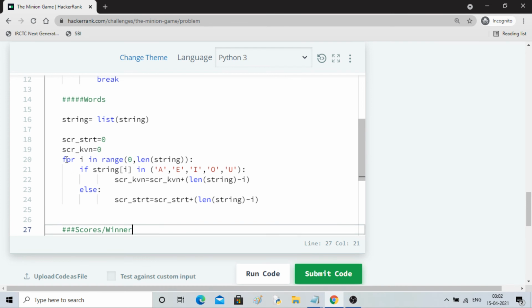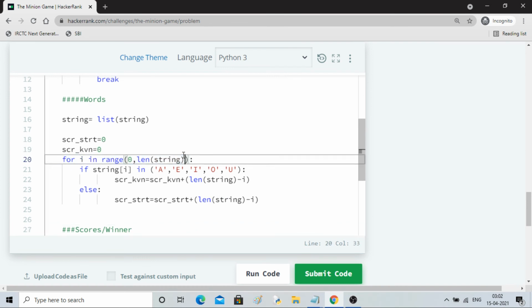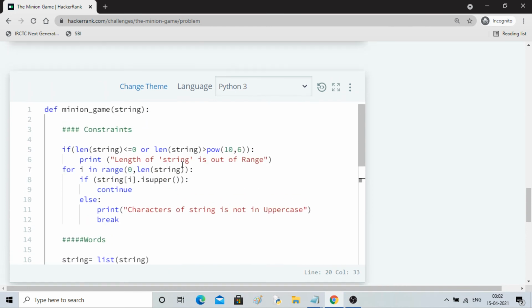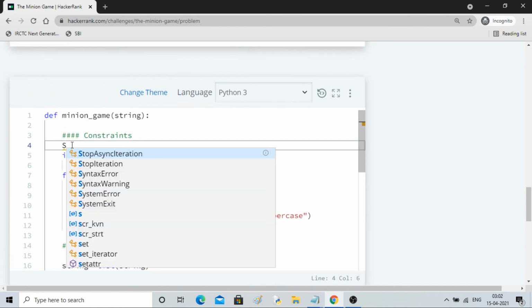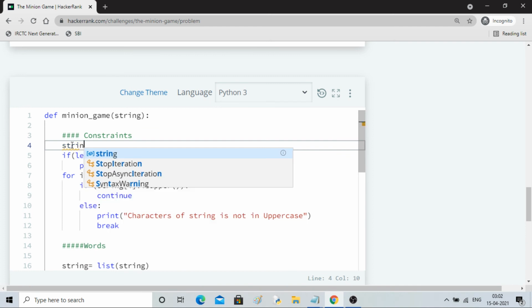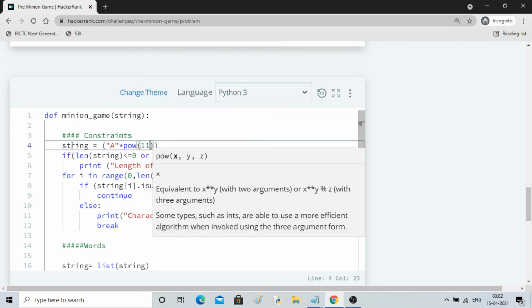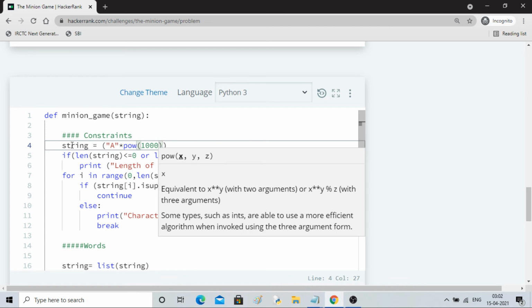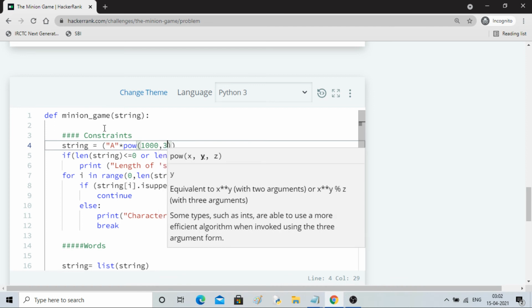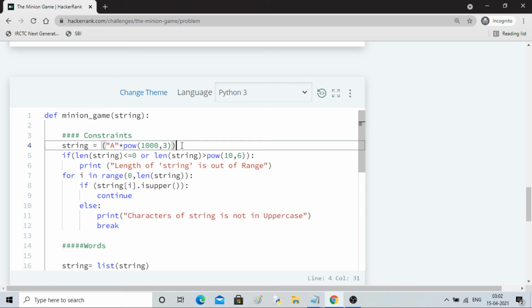So you can see that with a single for loop I've removed so many things so that you will learn how memory plays an important role, time plays an important role. So even if you will have a very big giant string, let's say string is equal to a into 1000 to the power 3, giant big a will be here.